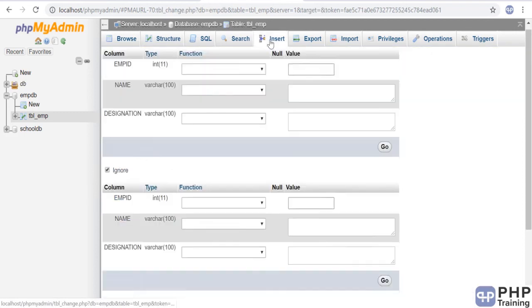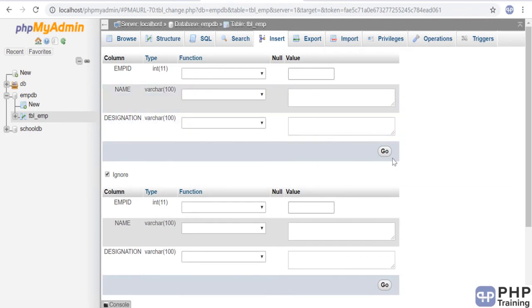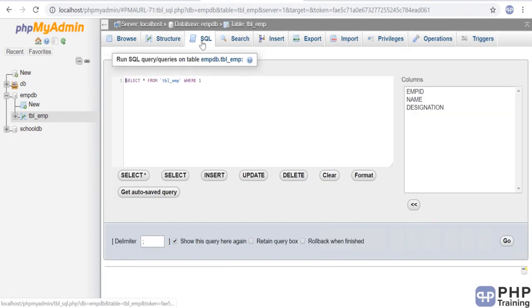Okay, so that's how there's two ways you can insert data into a table via this phpMyAdmin. You go to insert, you can directly add the value here. You go to SQL, you can insert via the insert SQL statement. Okay, that's how the SQL insert statement looks like. It's all about how to insert the data, and I'll see you in the next one.